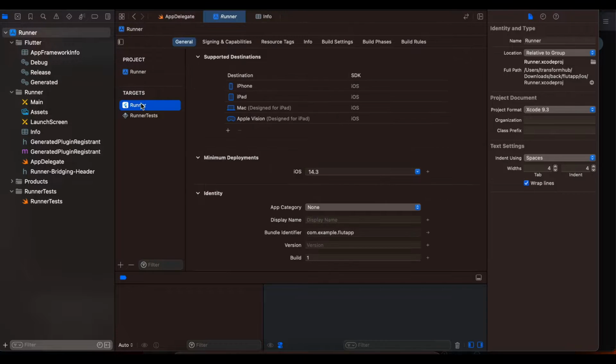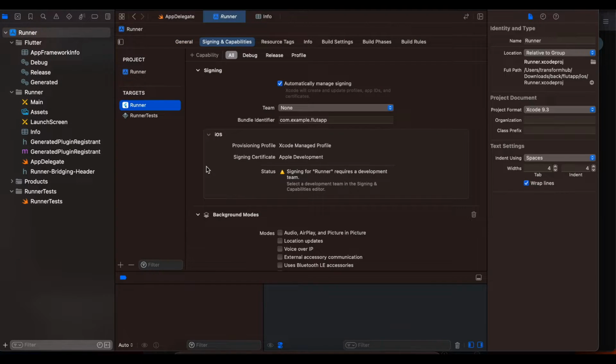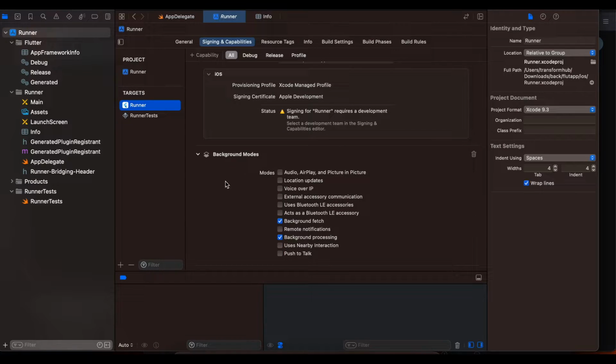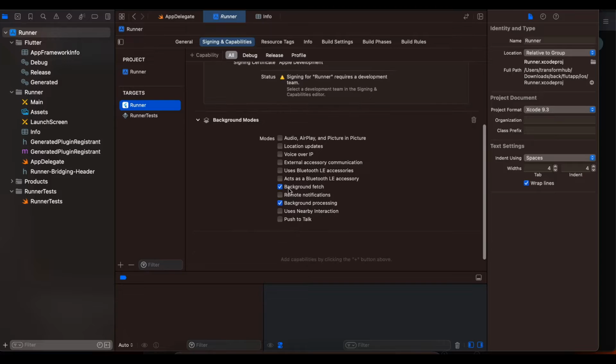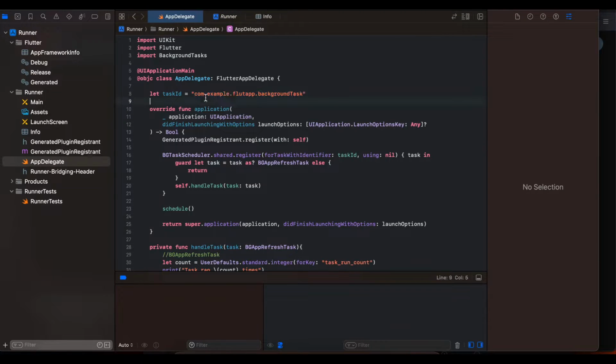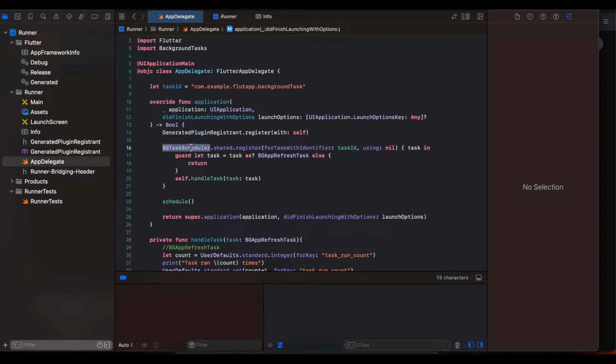Next go to Runner, go to Signing and Capabilities, and here you will have to click on this plus capability, add Background Modes, and check Background fetch as well as Background processing. Next you will have to go to AppDelegate, and here I have defined our task ID. And here I have defined BGTaskScheduler.shared.register(forTaskWithIdentifier: taskID),